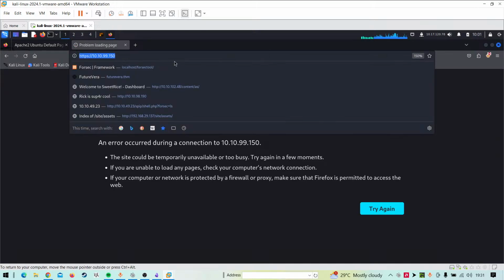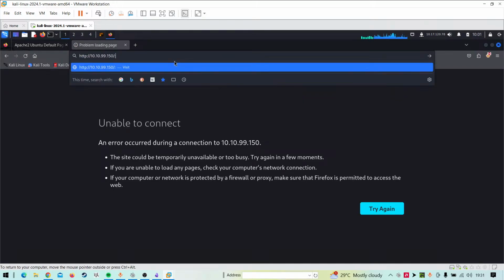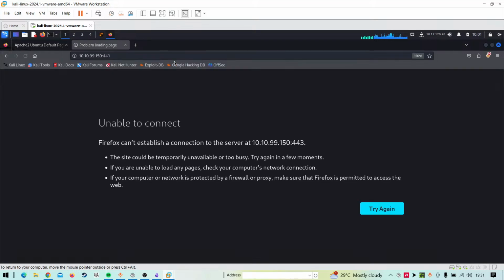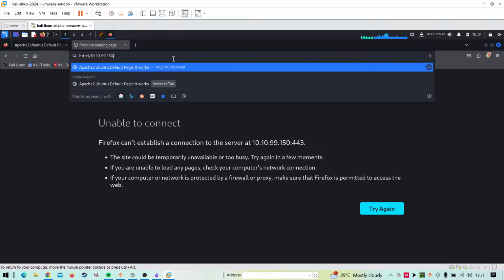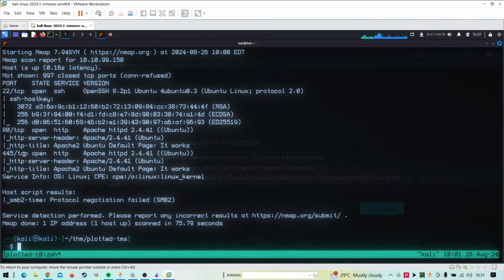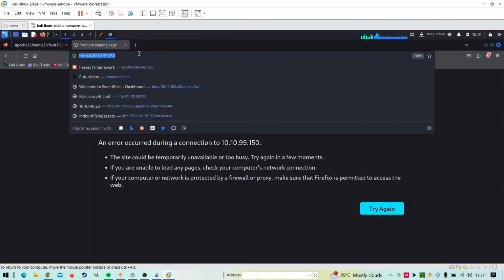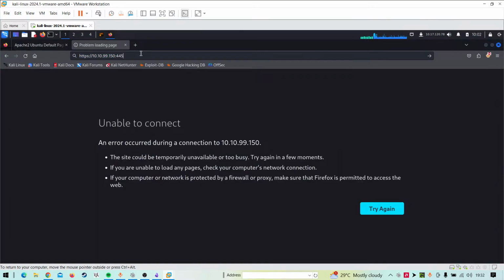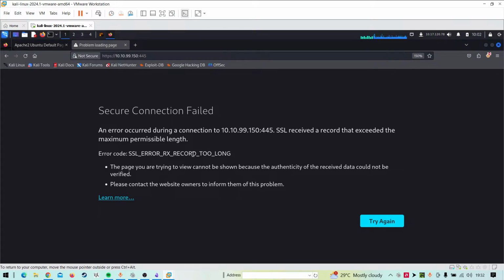It didn't redirect me. So let's try 443. If it didn't work like this, you can just put https only and try to send it. Okay, it's not working. Okay, it's 445. It is 445. Not secured. Failed. It has some issues I can see.